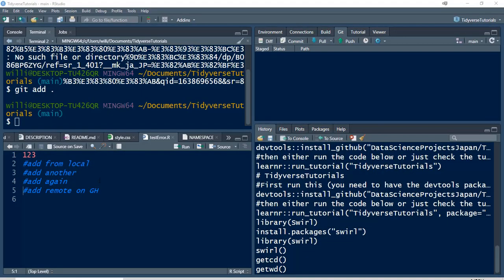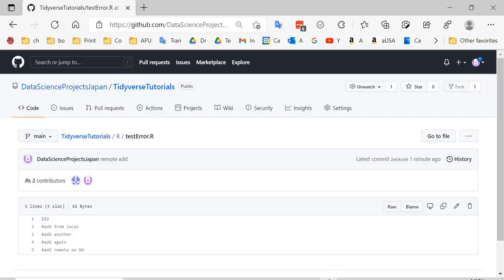Okay, this is adding and committing locally and also committing remotely, and this works. In other words, if there's no conflict, it works. So I'll add another 2, I'll call it, and currently I'm up to date, so I can push this up. So I'll do that. And by the way, currently it looks like this doesn't have that on there,